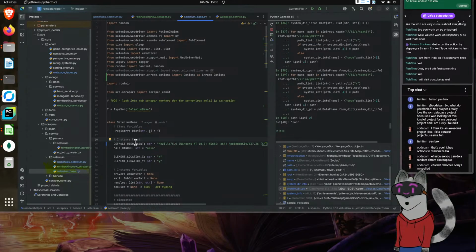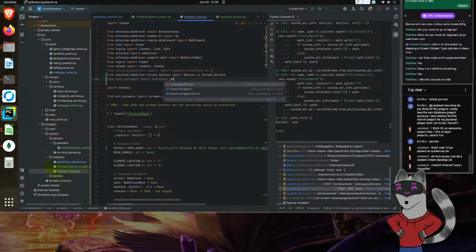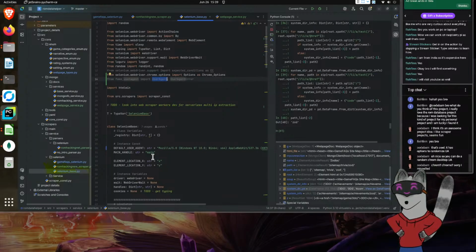And then let's go ahead and import in our fake user agent. There it is, fake user agent. Oh, I think they did a from fake user agent import user agent. Yeah, there it is. Okay. Oh, there's a user agent error. We might need that at some point. And then from here,